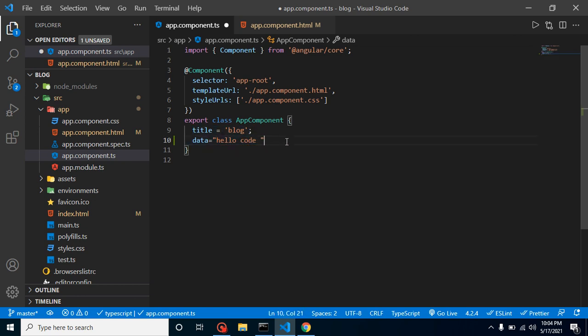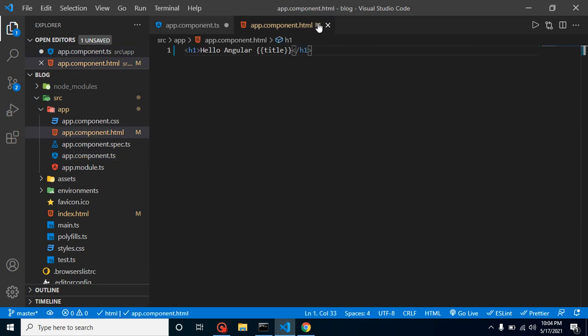So why we call them dynamic? Because maybe this data is coming from API, this data is coming from any loop, from any logic, or from local storage and all. That's why we call it dynamic data. And if we want to display this data on our component.html file, that time we use interpolation. And what is the interpolation in term of syntax and all?